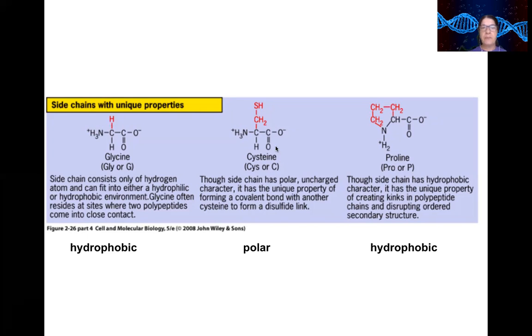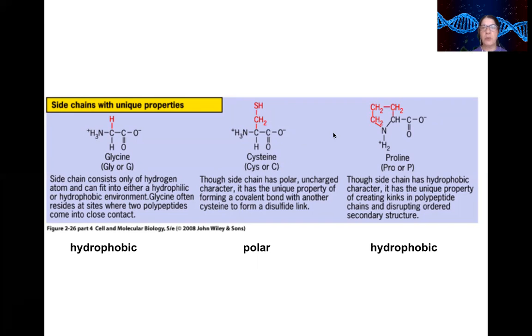Cysteine contains a sulfhydryl group. Sulfhydryl groups are polar, but usually cysteines within a protein participate in disulfide bridges. So this cysteine is going to form a covalent bond with another cysteine, which might be very far away. The two H's are going to be removed, and you're going to form a covalent bond between the two sulfurs. So it's going to be a disulfide bridge, the only covalent bond which holds together